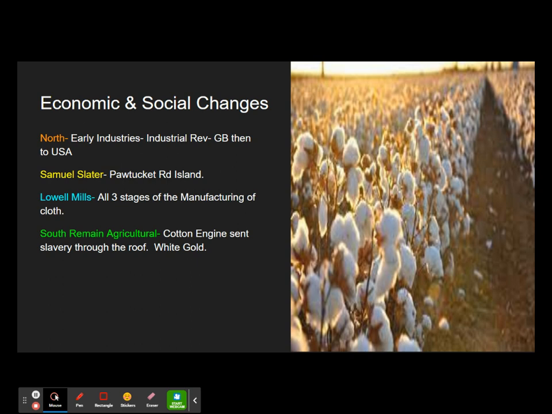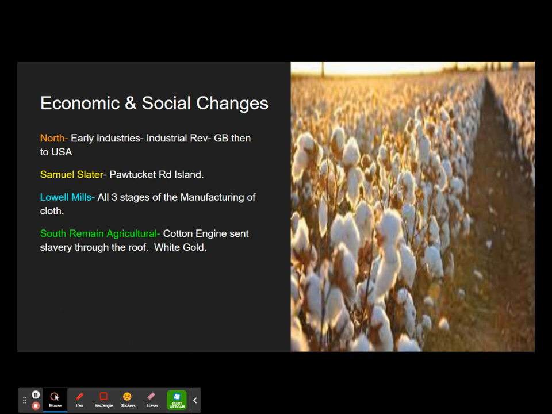Well, the Industrial Revolution did not start in the United States. Okay, the Industrial Revolution started over in Great Britain. Over in Great Britain, they led the world in textile production. Now, remember, textile means cloth. Okay, and if you ever worked in one of these factories, you were forbidden to leave the country because Great Britain did not want the secret to get out on how they were making so much money and how these machines worked. Well, a guy by the name of Samuel Slater was forbidden to leave the country because he knew the workings of the cotton spinning machine, right?